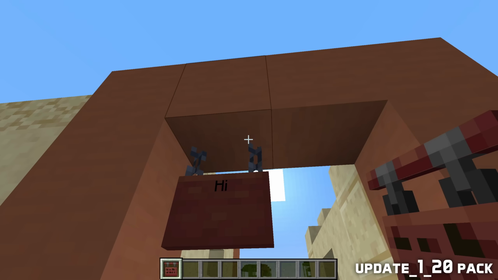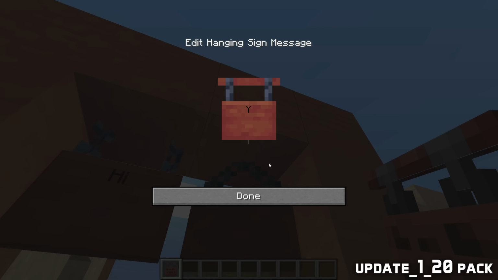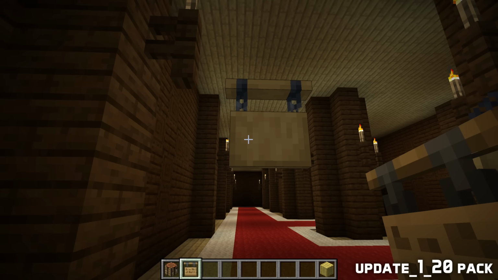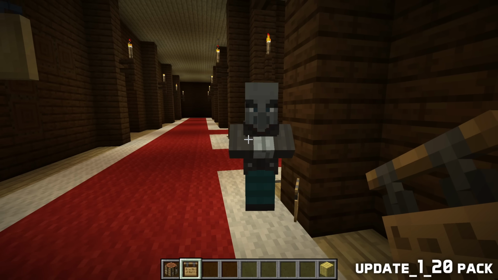If you want that type of placement even when a supported placement is available, you can sneak while placing the sign to always place it with the angled chains. If the hanging sign is hanging off the side of a block, it will remain floating in the air if that block is broken. But if it is hanging underneath a block, it will pop off immediately